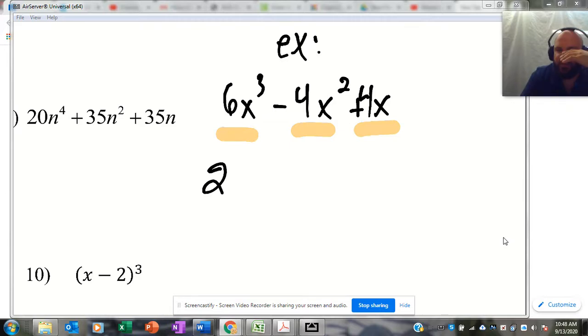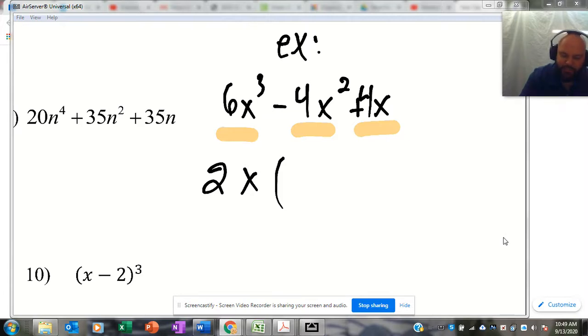The next thing you have to do is look at this expression and determine the most amount of variables that I can take out of each of them. What do they all have in common? You can see the first one has x to the third, the second one has x to the second, and the third one has just one single x. So the most that you can take out of all of those that's the same is one single x. So I'm going to take a single x out of that expression too. Now what am I left with? Now that I've determined that the greatest common factor is 2x, and we've taken that 2x out,